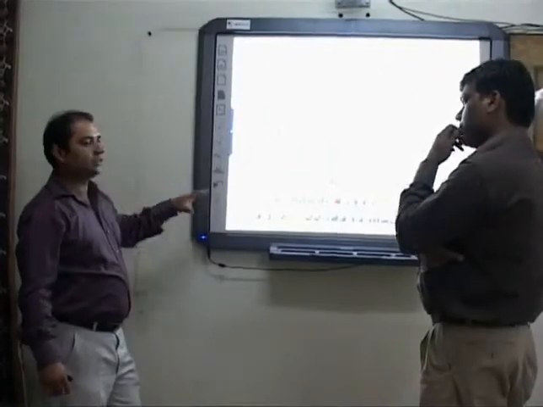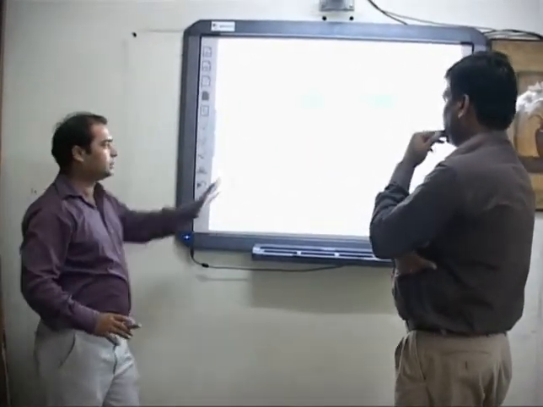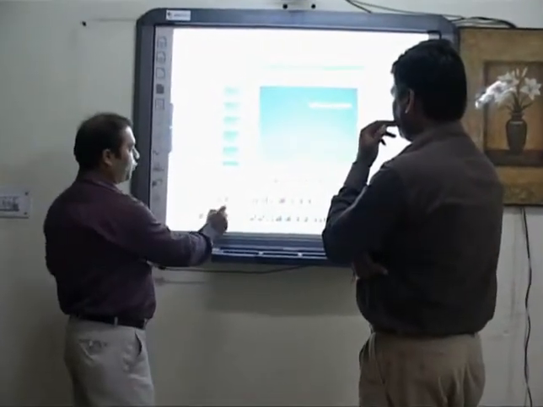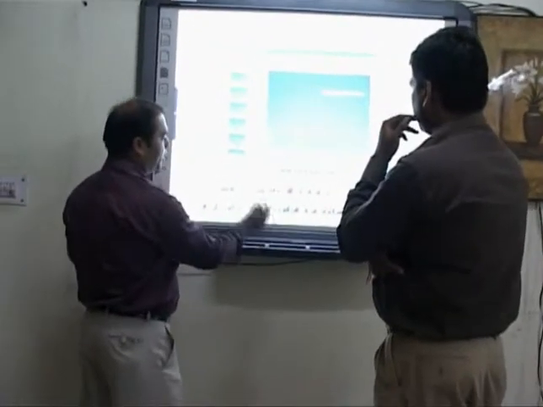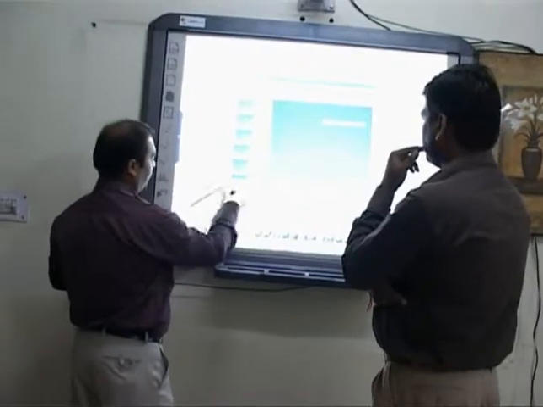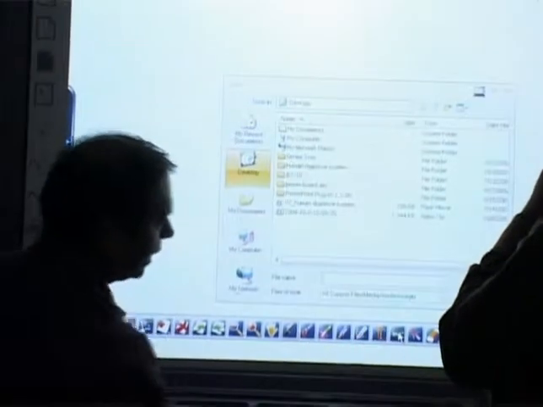The only thing is, instead of a mouse we are using the dummy pen or a finger. This kind of media file we can run in a whiteboard application, and in between, if you want to pause and stop, you can easily do that. And the main thing is we can pause and make annotations also. I can also import any flash file? Yes, you can import the flash file also through this media icon. You can open that media file.